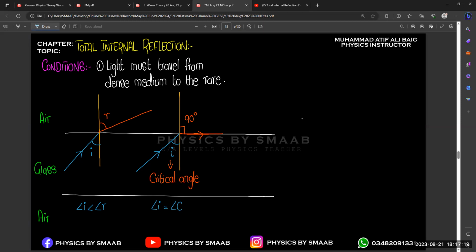And if you want to write the definition of the critical angle, we can say that the critical angle is the angle of incidence, because the critical angle is the specific condition in this experiment at which light actually bends at 90 degrees or slightly reflects also. So the critical angle is the angle of incidence